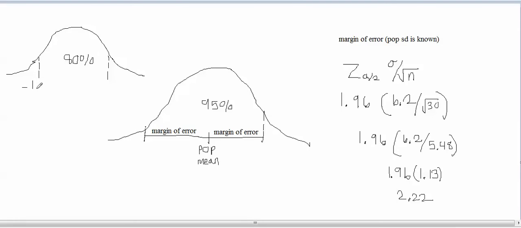Negative 1.28, the negative version of the number from the table, and 1.28. What this is asking is, if a table says that these are the two z-scores at the outer edges of the 80%, and when we did our example in class, when we made the 10 possible samples like this,